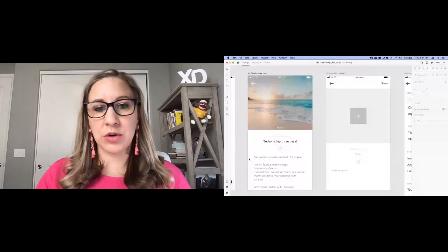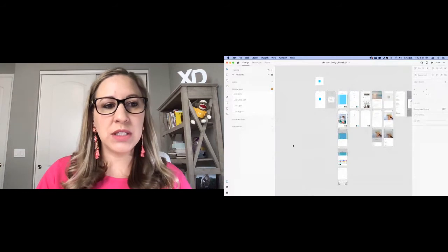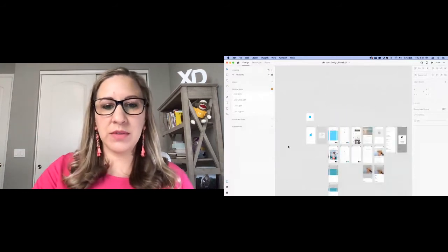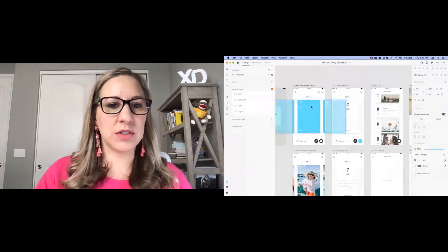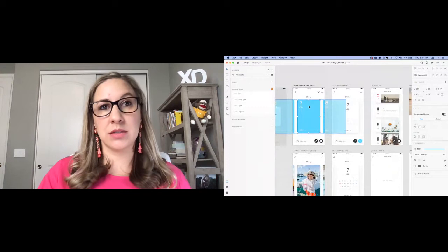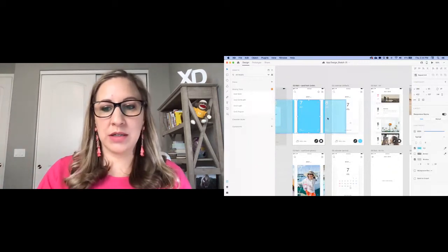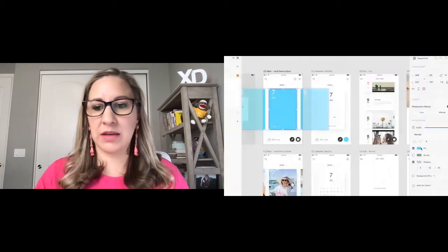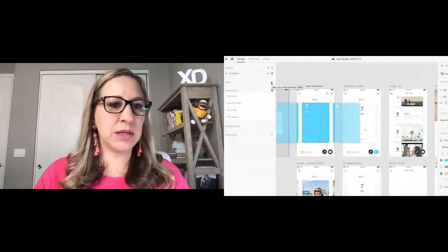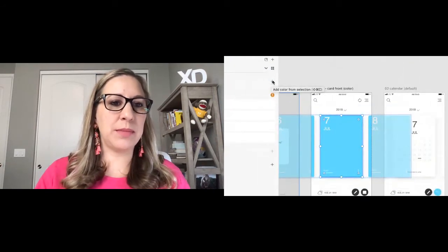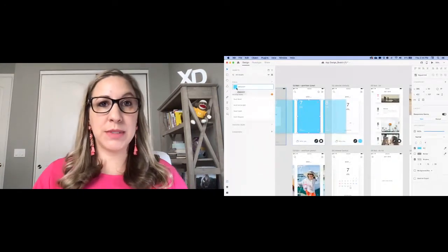All right, so we've made this design, and a key thing of the design process is being able to reuse elements. So we have this thing called an assets panel over here, and really quickly I'm going to show you how you can add colors. So this blue seems to be a main color that I'm going to use throughout my design. So I'm going to select that blue, make sure I'm all the way in here so they know I'm in blue because I have the fill color here showing. And I'm going to add it to my assets panel because I want to reuse this blue a lot. So I'm going to hit the plus button that says add color, and boom, that color has been added now